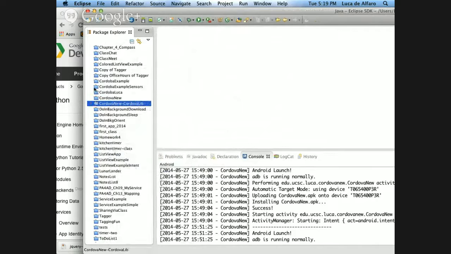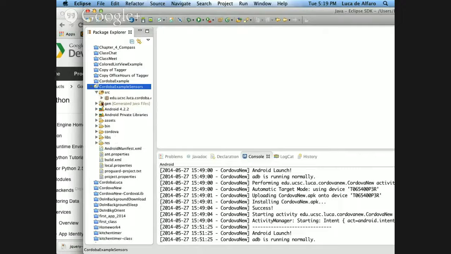So let me instead open this project that was done with a slightly older version of Cordova. Let me explain. In Cordova, you install Apache Cordova. Cordova, by the way, not Cordoba. I get confused because Cordoba is a city in Spain.